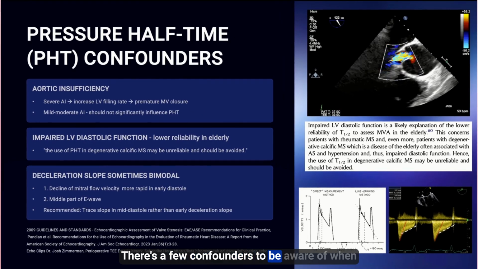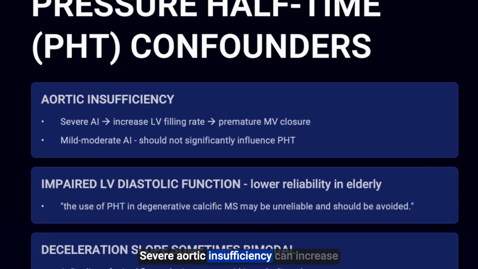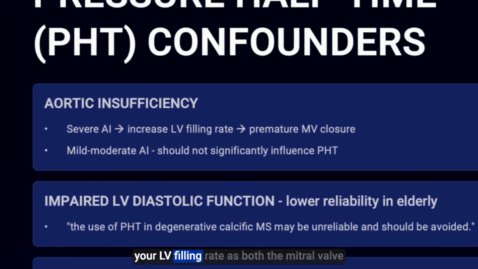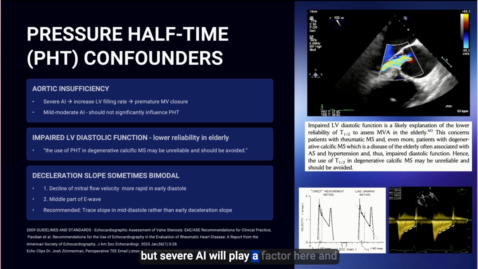There's a few confounders to be aware of when using pressure half-time in your assessment. Severe aortic insufficiency can increase your LV filling rate, as both the mitral valve and the aortic valve will fill that LV cavity, causing premature mitral valve closure. Mild to moderate AI really shouldn't significantly affect pressure half-time, but severe AI will play a factor here and can